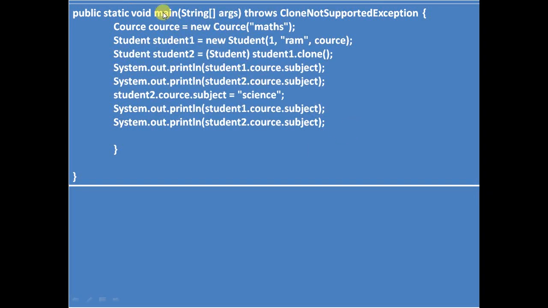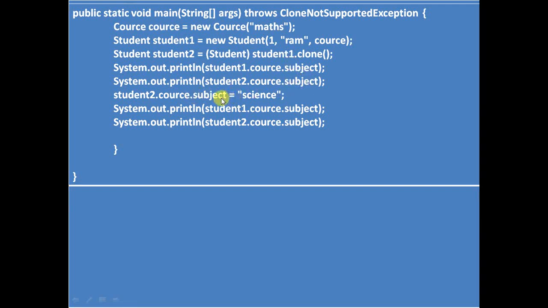Now we create a main method. Create the course object and create the student1 object with ID 1, name Ram, and course as a reference parameter. Again create the student2 object by using the clone method. Now first you print the subject field with the help of the student1 and student2 objects. So you will get the maths field.